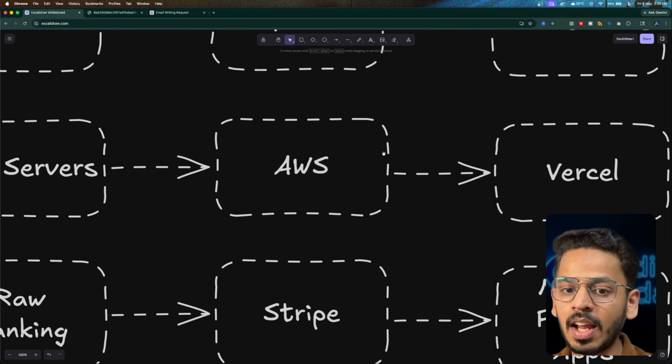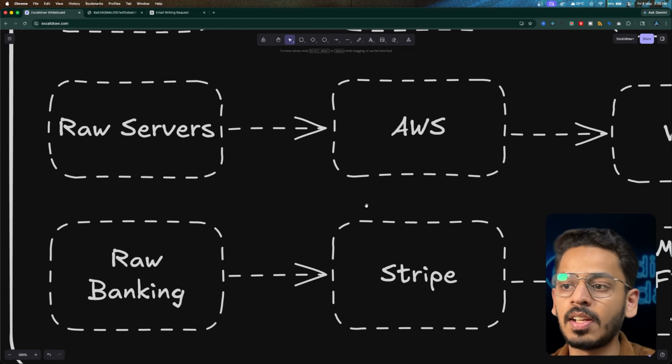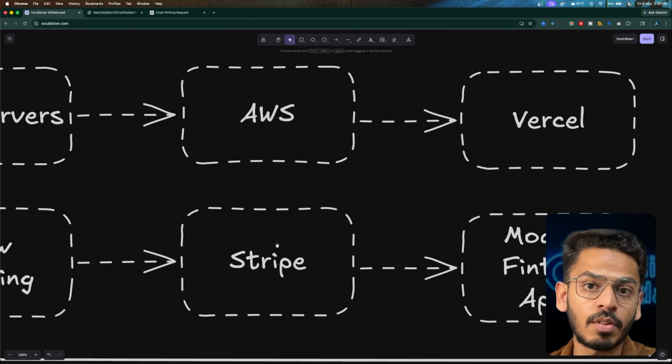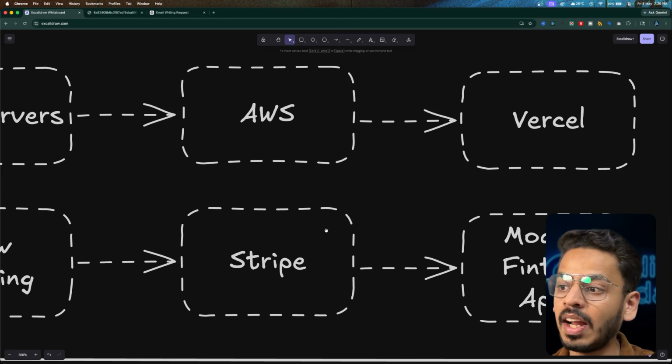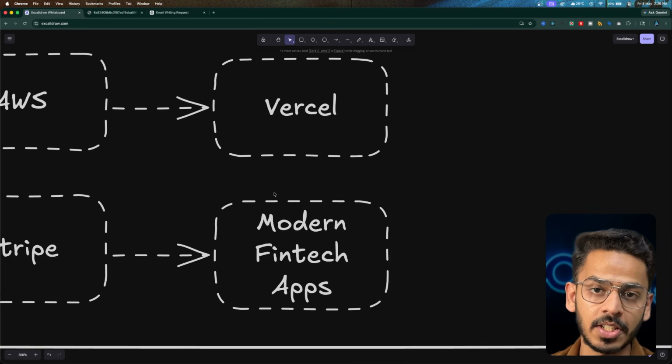Next, taking a last example here, earlier we had raw banking, where you go to the banks and do the transaction. Then came Stripe. Stripe is a payment gateway which is used for doing payments. We can take the example of Razorpay. These are wrappers around raw banking. And what helps here is that it helps in modern fintech applications.